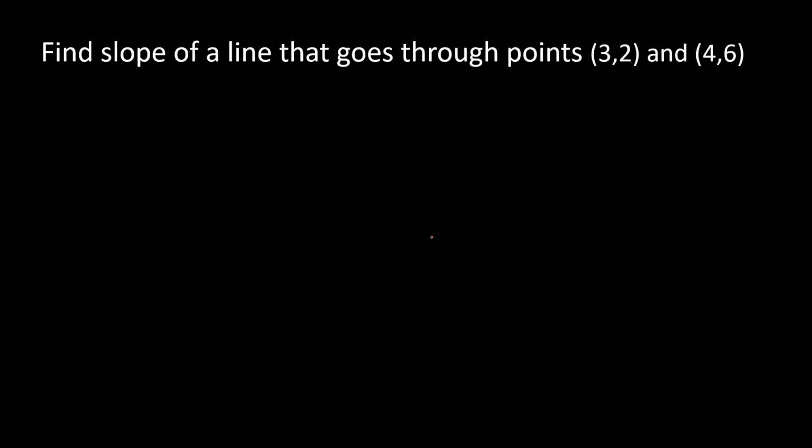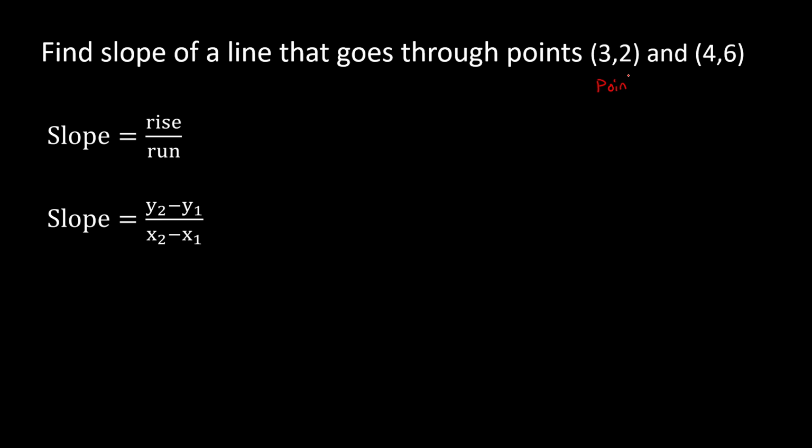So the objective is to find the slope without needing to graph. What I can do is use that formula where we find the rise over the run, which would be using y2 minus y1 over x2 minus x1. So when you use these points, let's say this is point 1, and this is point 2,